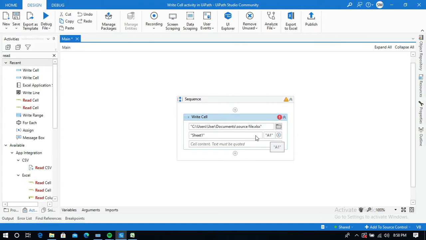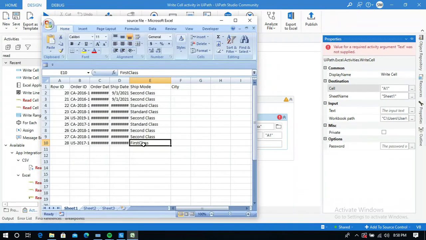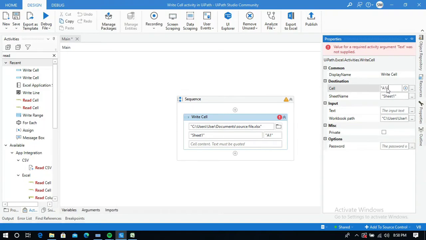I will overwrite this data, and it's E10 only, right? I will overwrite this data. It's E10. Give E10 here.